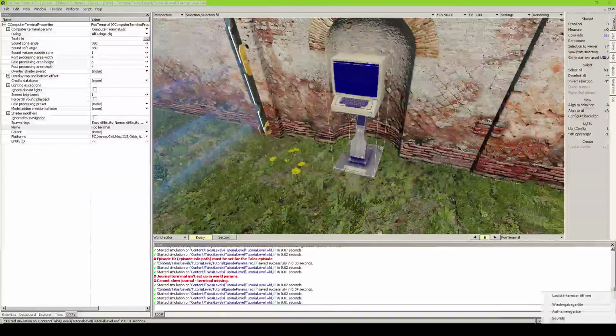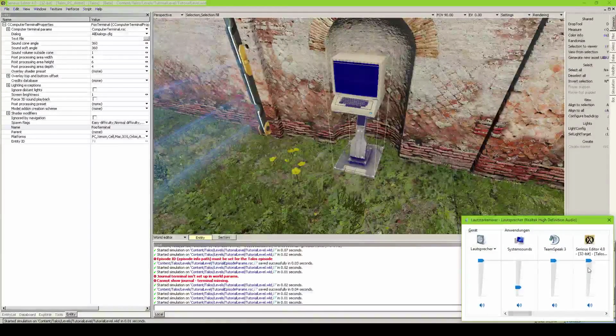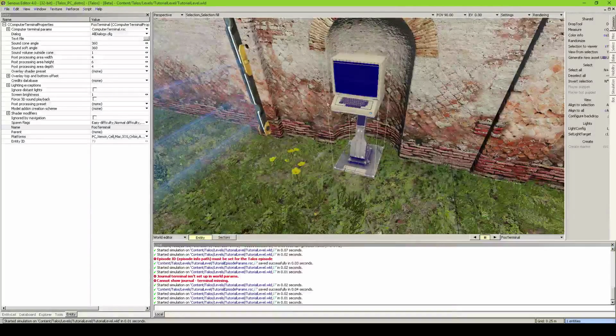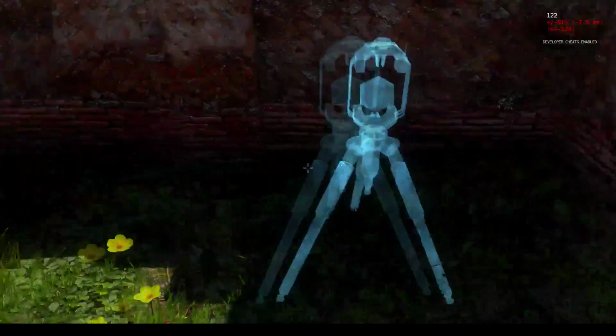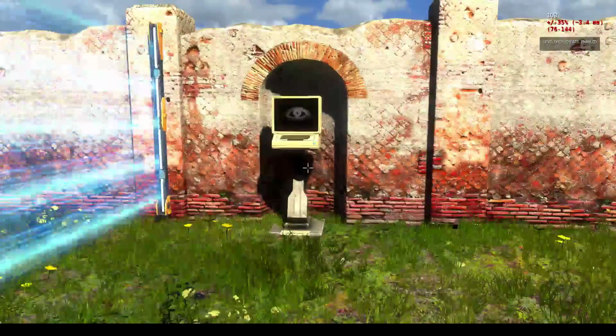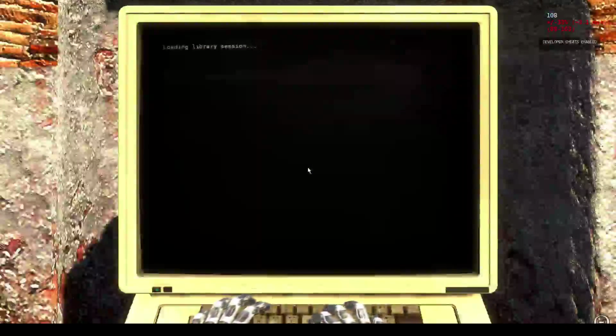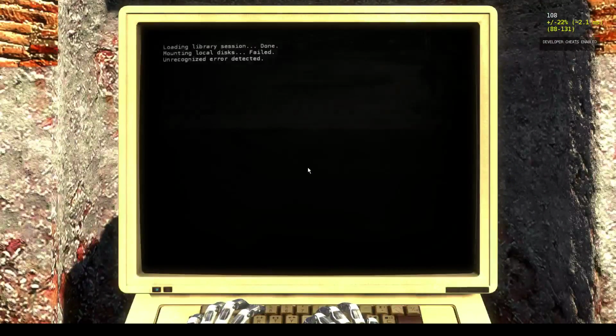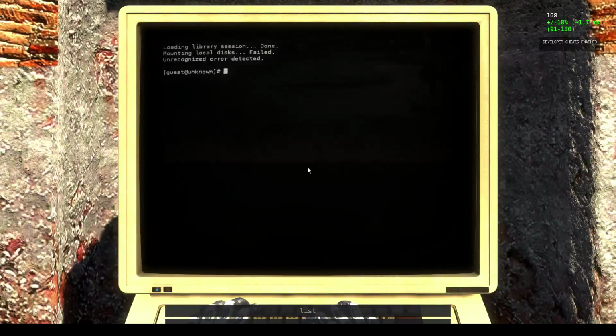So let me first put the sound a bit more down because it's really loud. So the terminal is beeping. I'll show you what this means in a minute. The terminal is beeping because it has something for us. So if you go there, and this is because we said we don't want Milton over there. So it says unrecognized error detected, and we can't use Milton. So no run MLA. If we press now list,